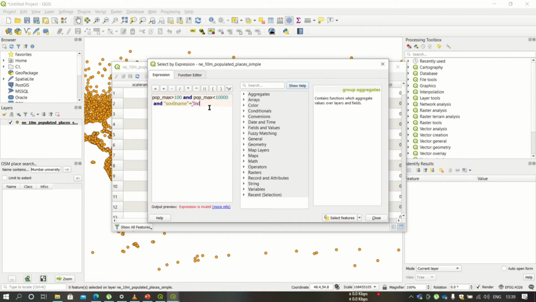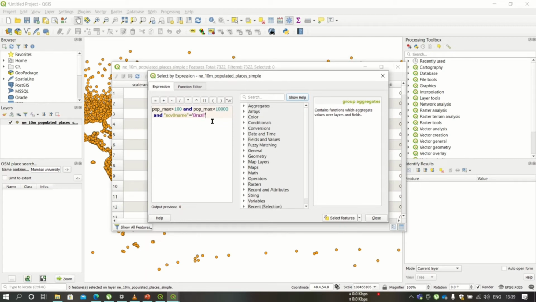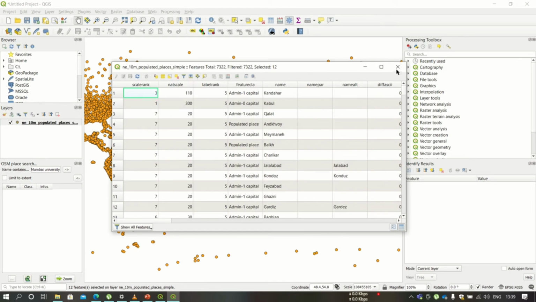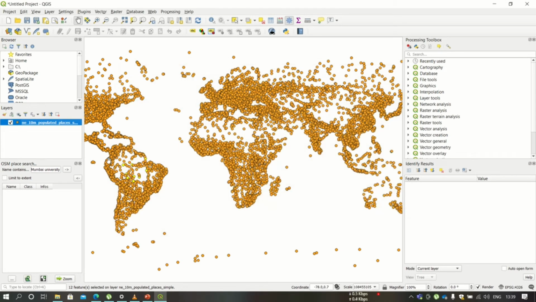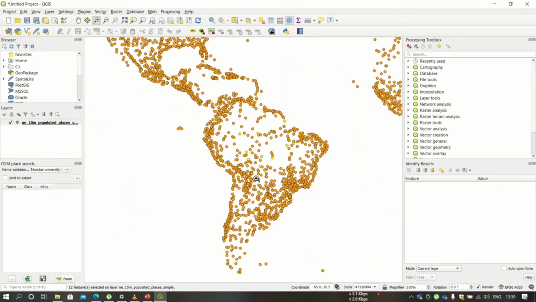So this is pop max greater than 100 and pop max less than 10,000, and the name of country is Brazil. So now here only the features from Brazil will get highlighted after clicking on select feature. So you see here only the points at Brazil area have got highlighted with the yellow color.